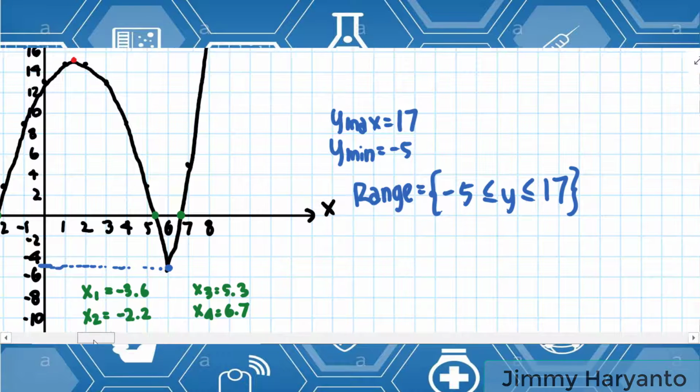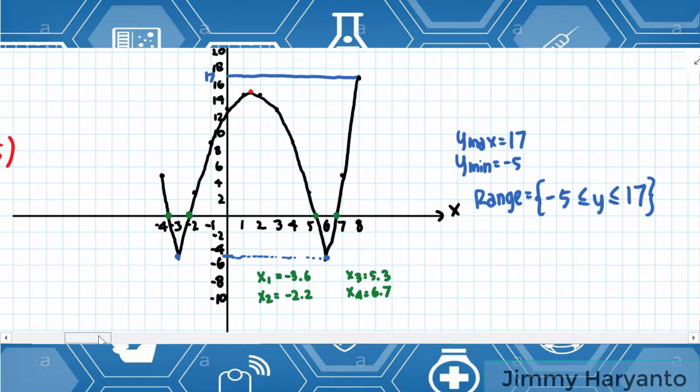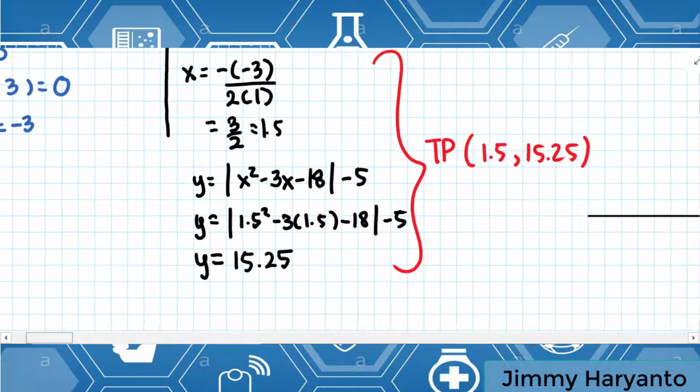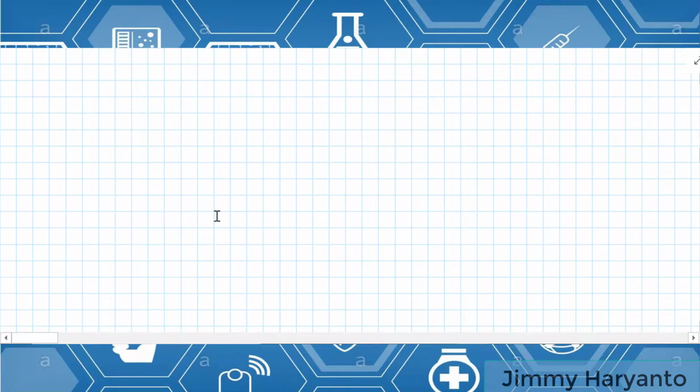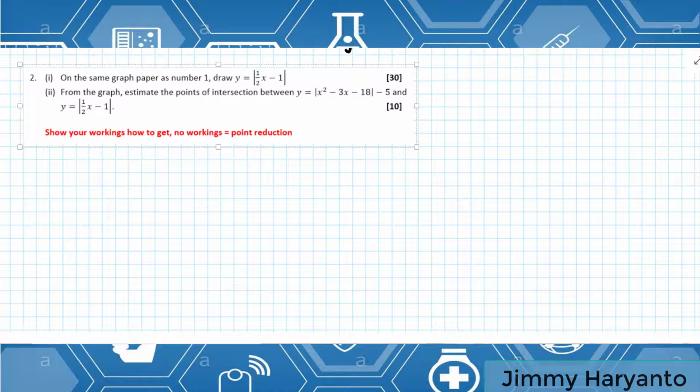Okay, from number 1 you already collected 50 points. Number 2 is easier than 1, so most of you got the correct answer and the correct graph. But I will tell you how to solve number 2. So this is number 2. We will do the same way as before, but this time it will be easier.